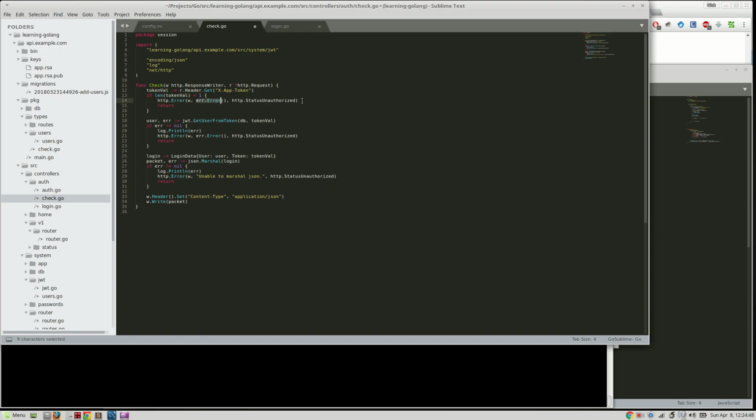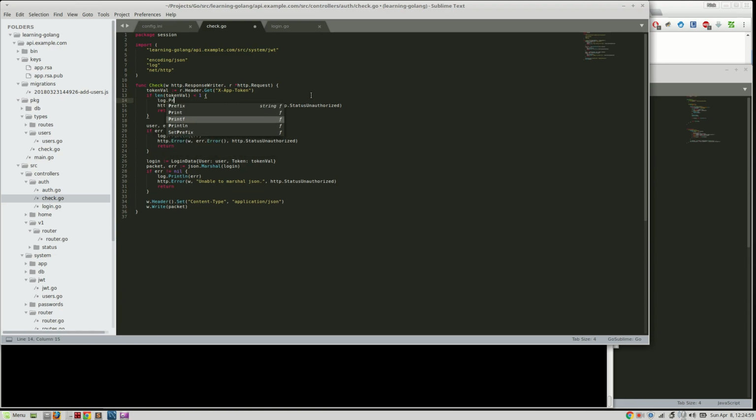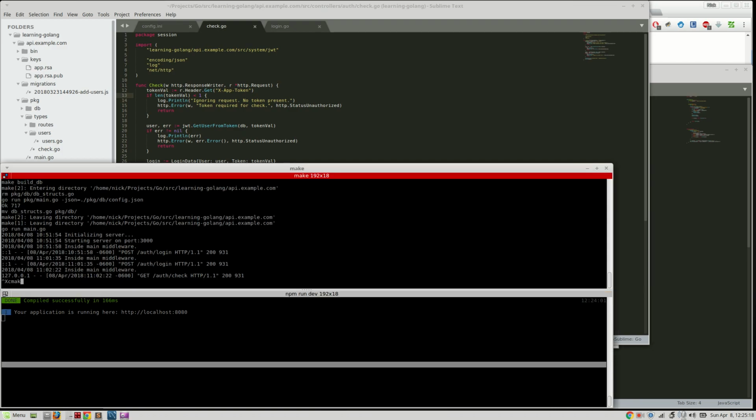Let's say, and then we can say log.println ignoring request, no token present, and then we go into here and remake our server,